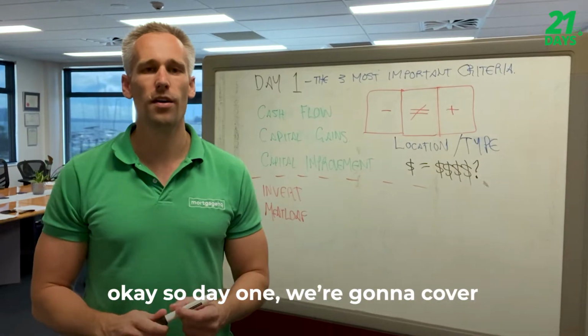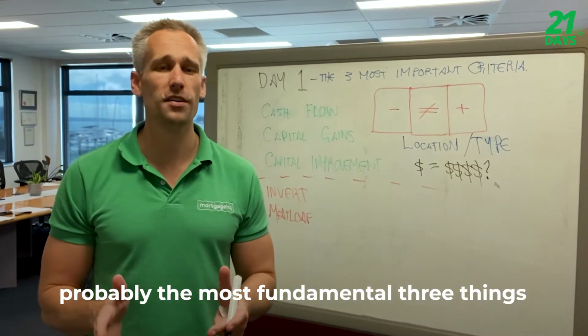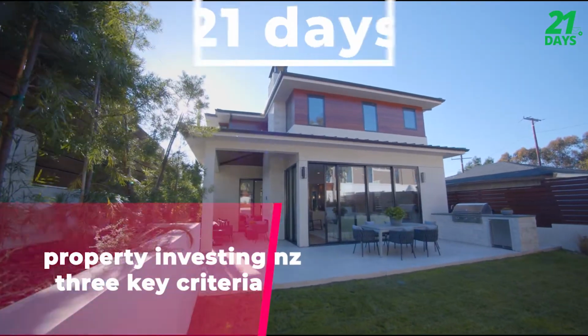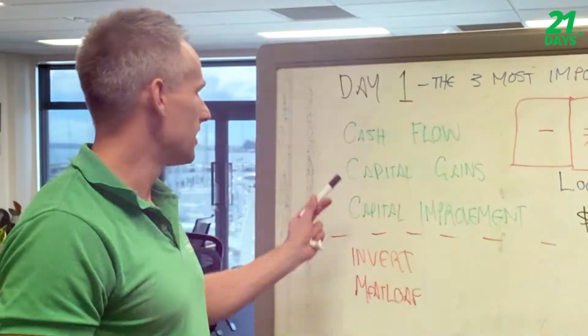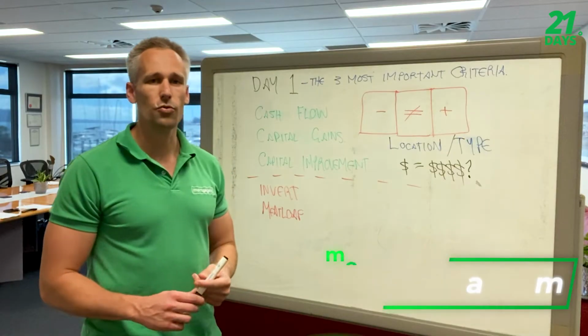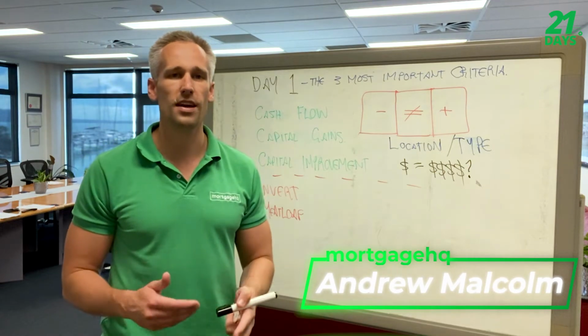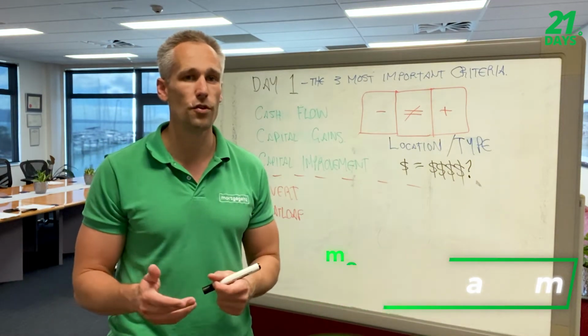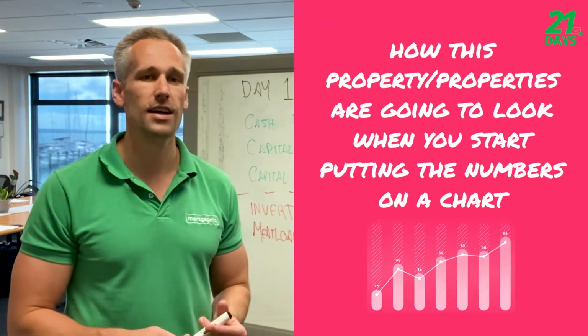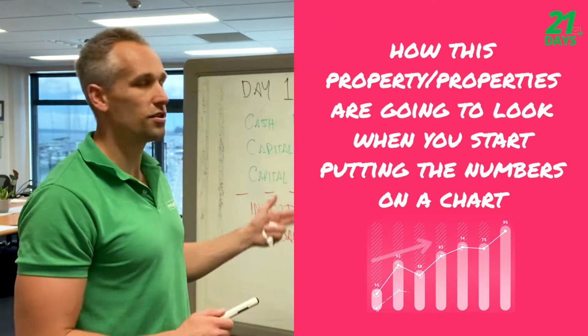Okay, so day one, we're going to cover probably the most fundamental three things that you need to keep front of mind anytime you're thinking about property investing. So the three most important criteria are cash flow, capital gains, capital improvement. So when you're looking at an investment property as an option, even when you're thinking about your first home, you want to be thinking how this property or these properties are going to look when you start putting the numbers